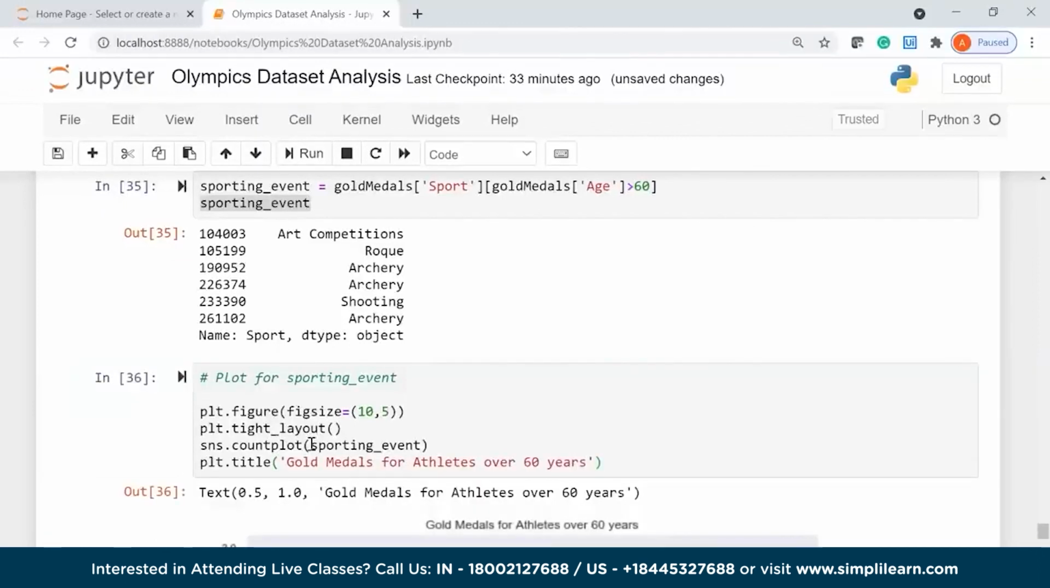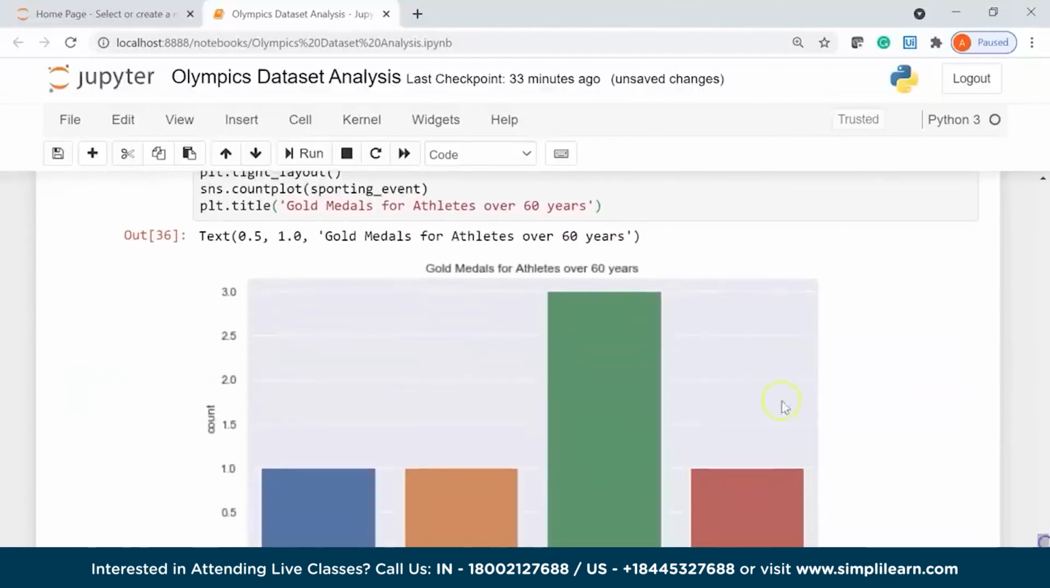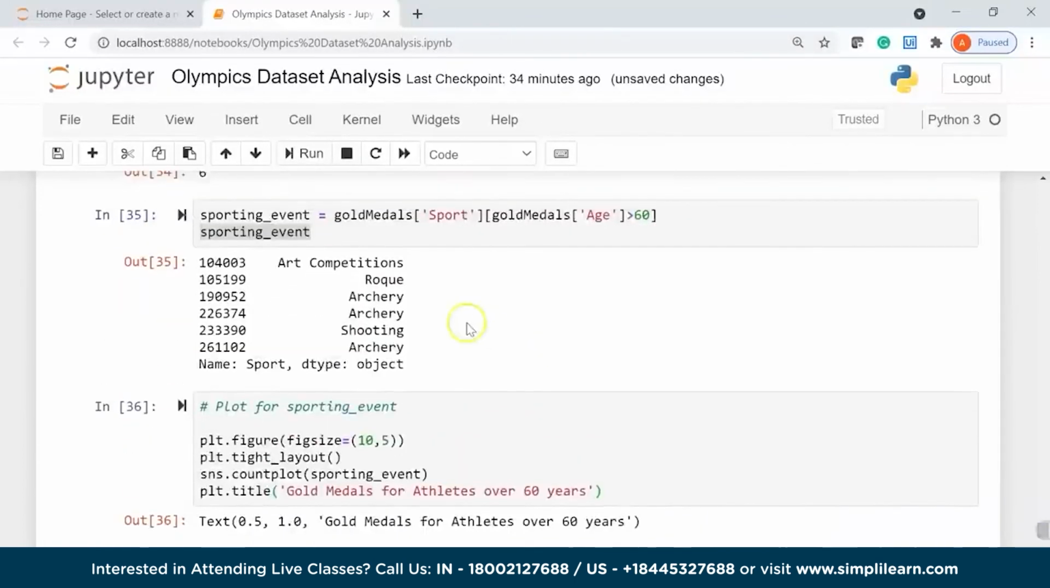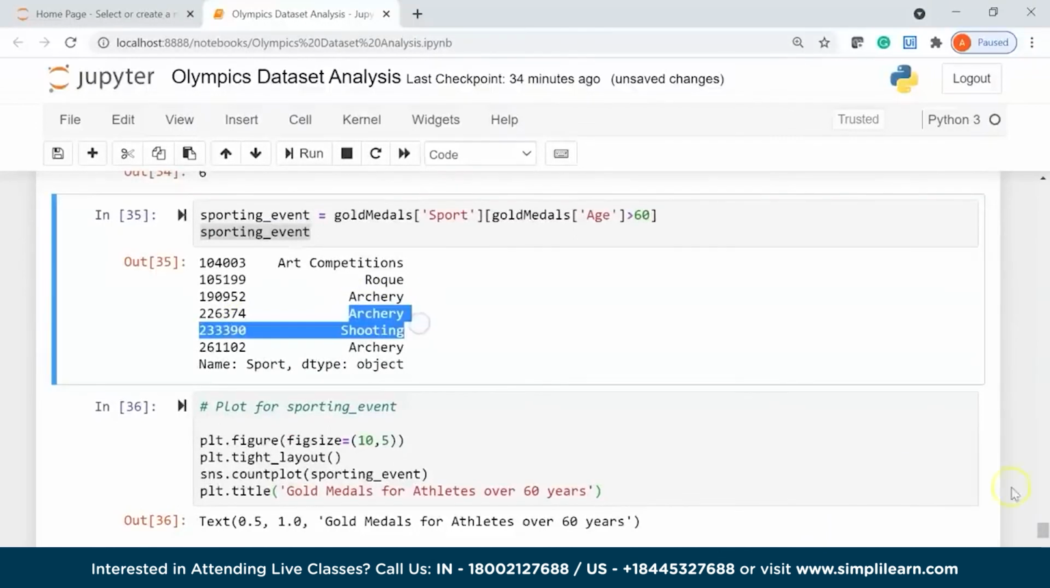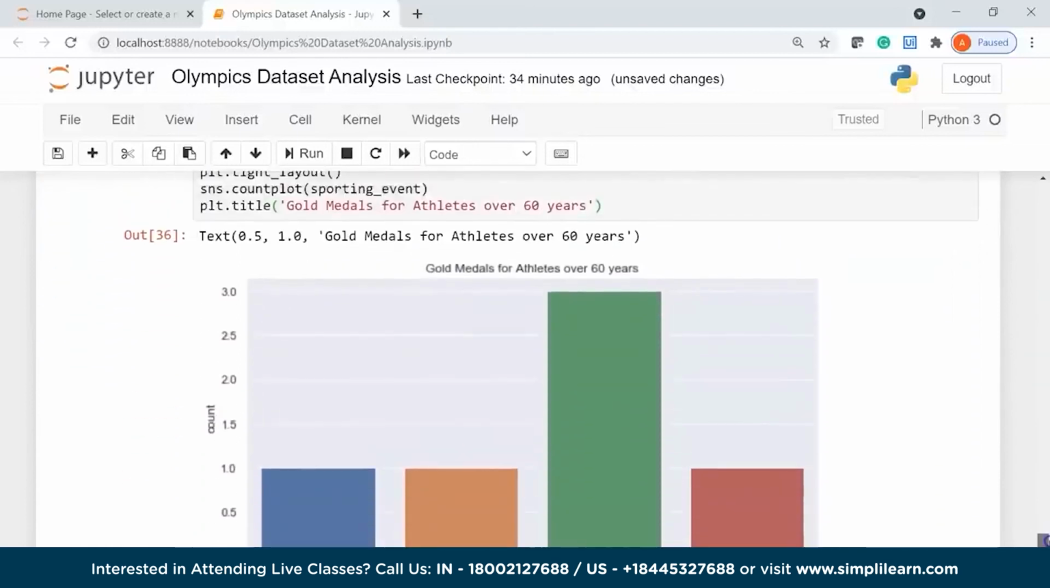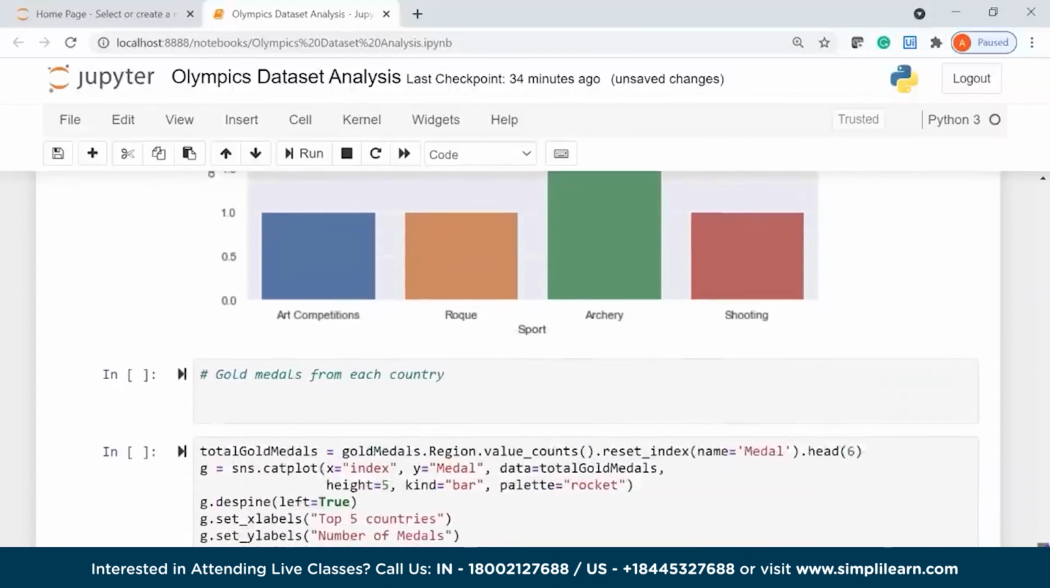Let's run it, and if I scroll down, you can see here we have a nice count plot. I have my title gold medals for athletes over 60 years, and since for archery we had 3 players who secured a gold medal having an age more than 60 years. You can see here archery is 3, art competition 1, rook is 1, and shooting we had 1 medal. Alright,